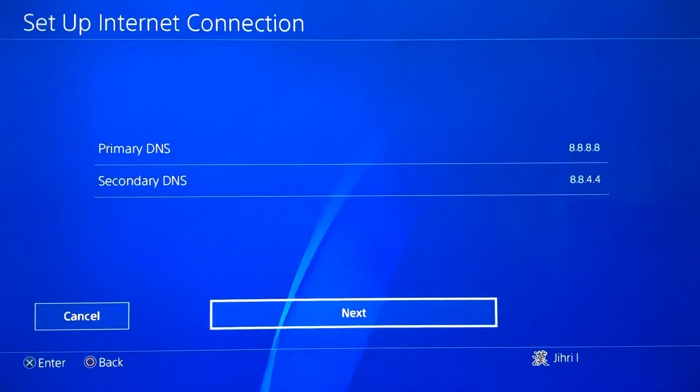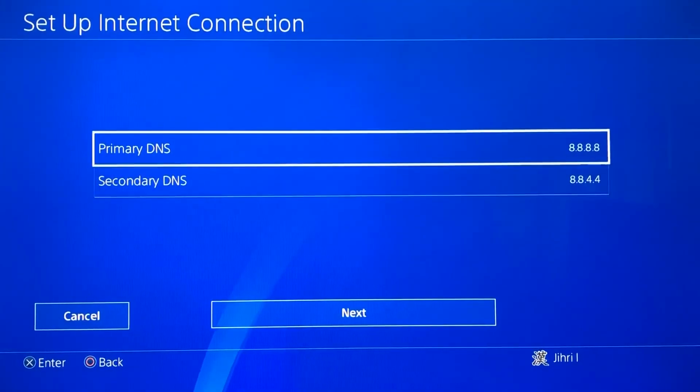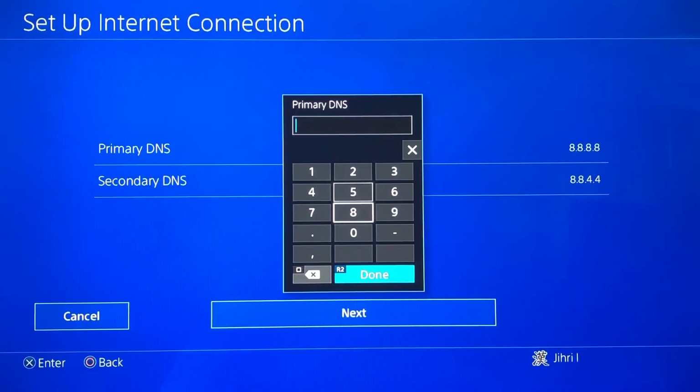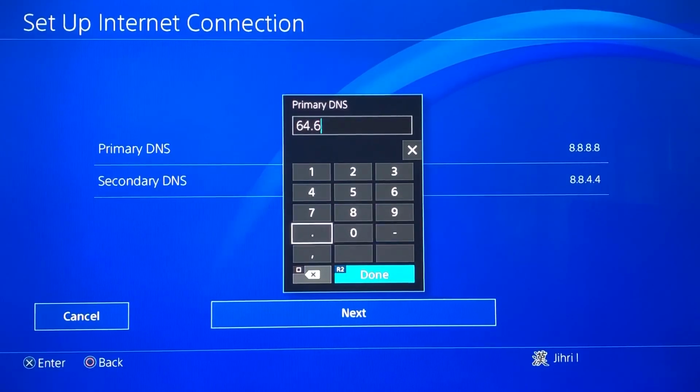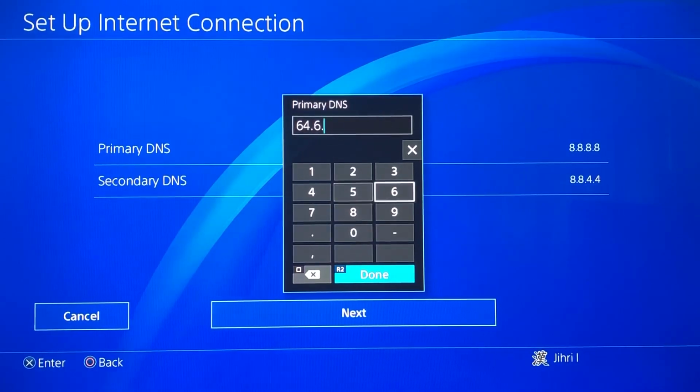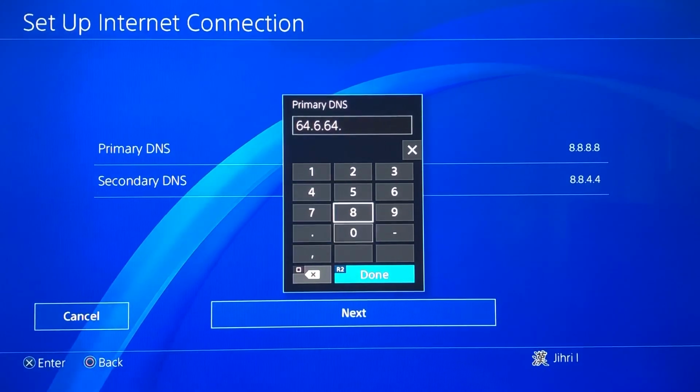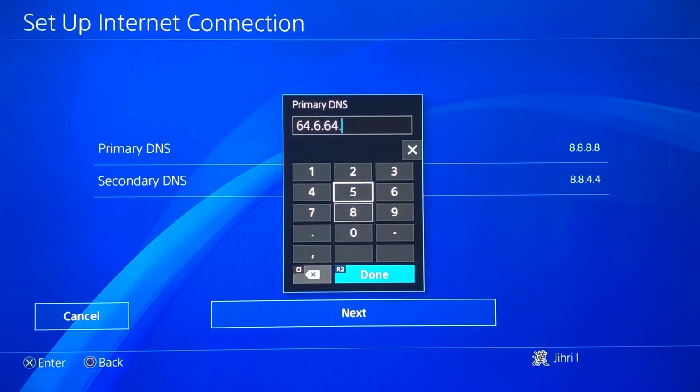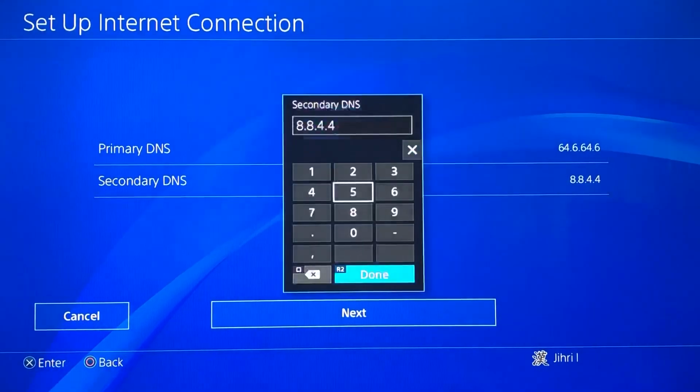Now you can go ahead and press next, but I'm gonna show you another one. So this one's gonna be 64.6. Like this. And let's go to the next one. And this one's gonna be